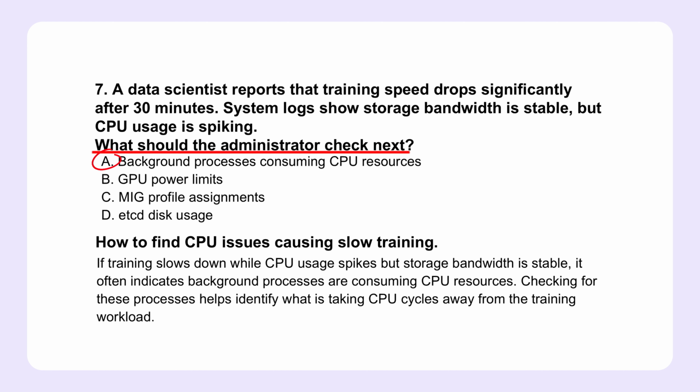Something else is running on that machine, maybe some system task, maybe another user's stray process, and it's stealing CPU cycles away from the main AI training application. So look beyond the AI job itself. Exactly. You have to look at the whole node context. It's easy to get tunnel vision on the AI application, but sometimes the culprit is hiding in plain sight,